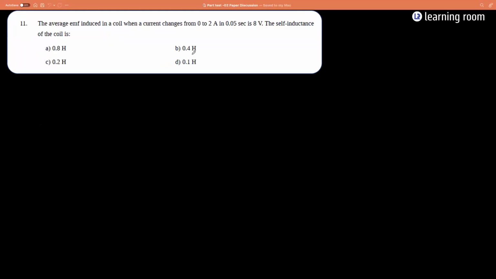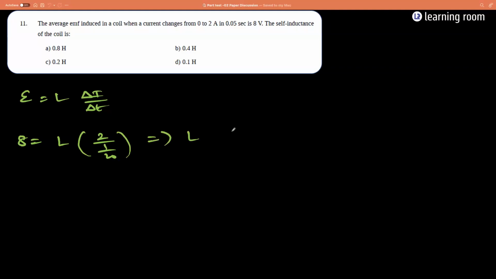The average induced EMF in a coil when a current changes from 0 to 2 ampere in 0.05 seconds is 8 volt. Then the self-inductance is? So E is equal to L into delta I divided by delta t, if I take only the magnitude. 8 is equal to L into 2 divided by 0.05, which will be 1 by 20. Am I right? So which implies L will be equal to 1 by 5. 1 by 5 is going to be